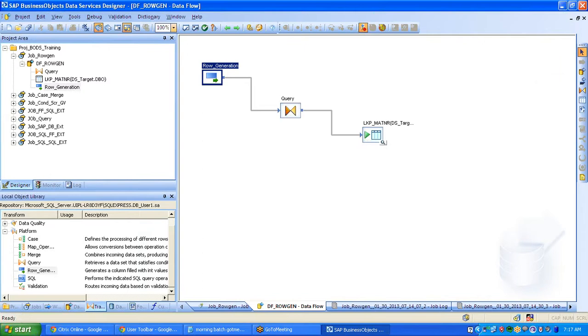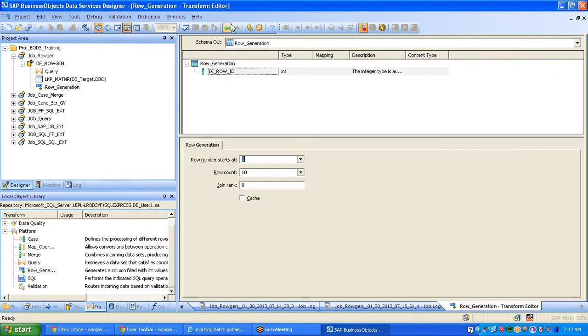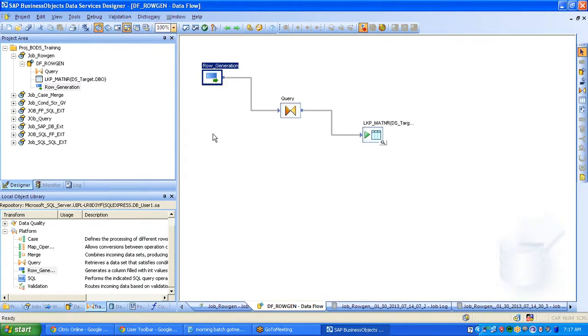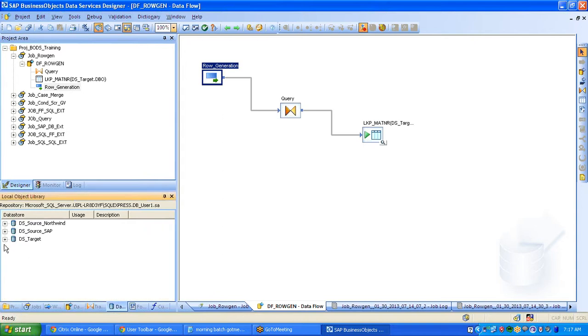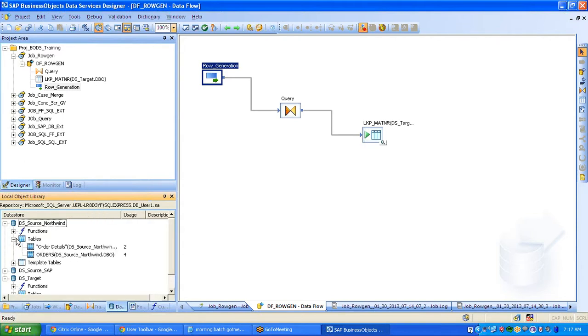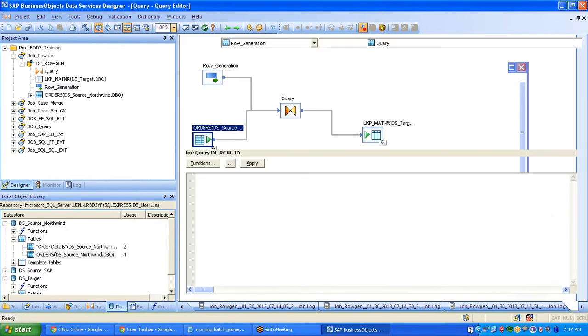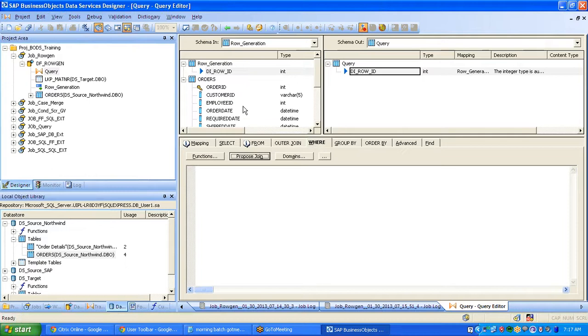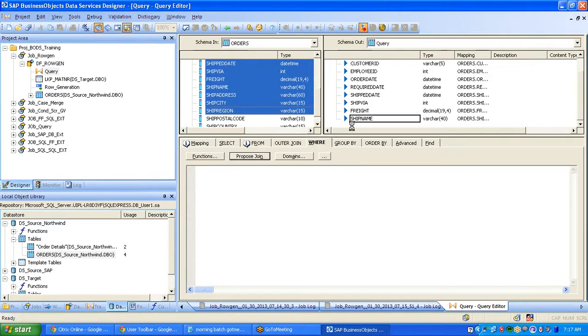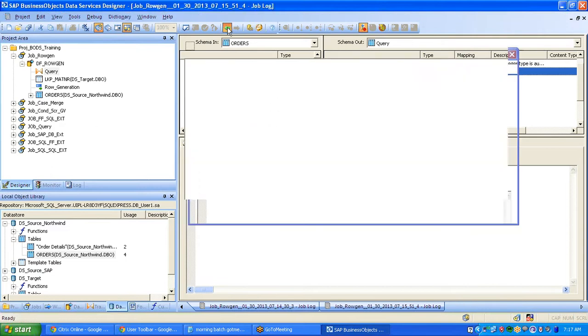All right, so this is how the row generation transformation works. One more built-in function is there, but let us first join this row generation with a table so that you can understand the difference clearly. So I'm joining this with the orders table. When you are using a row generation, there is no need for you to specify a join between the tables. I'm taking some of the columns to the output,